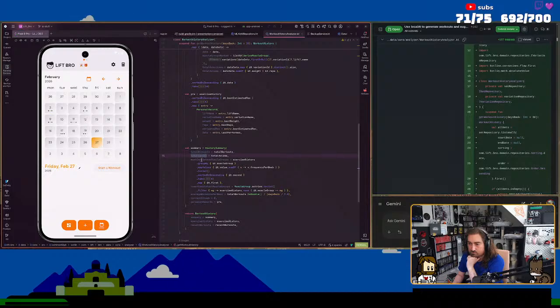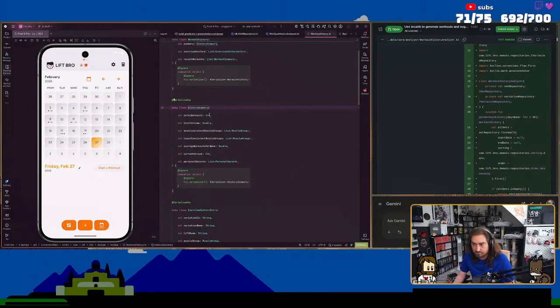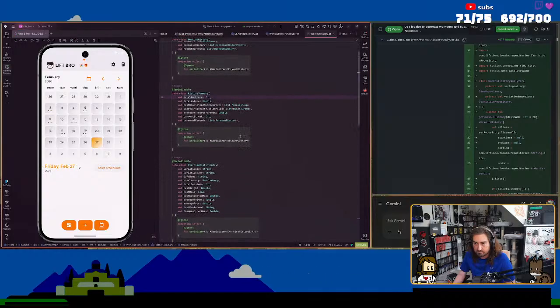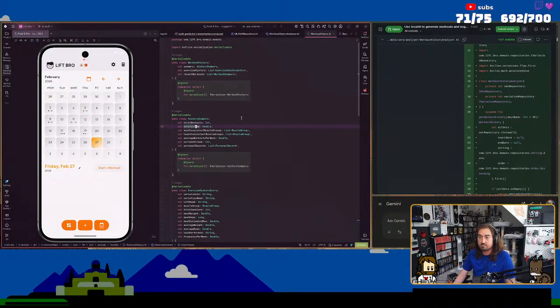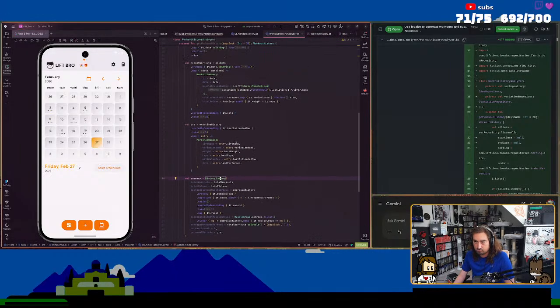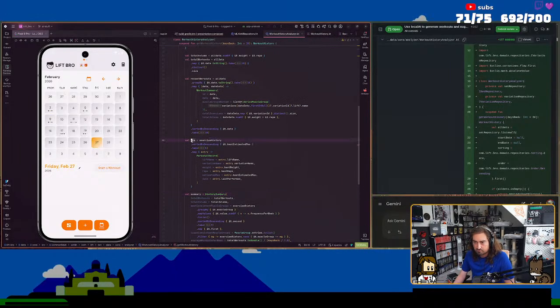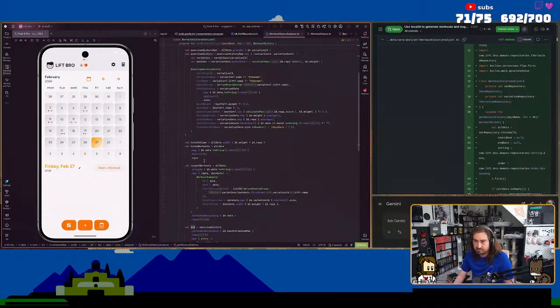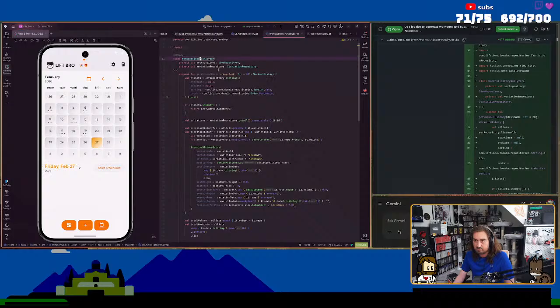Total workouts, total volume, most consistent muscle groups, least consistent. So it already did kind of ragify this, right? Because this will be the information that the model does need, which is actually really cool. Oh, and then it does. So it's just breaking up everything. So I can break this up.